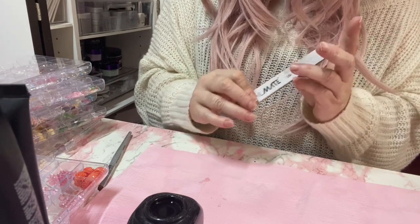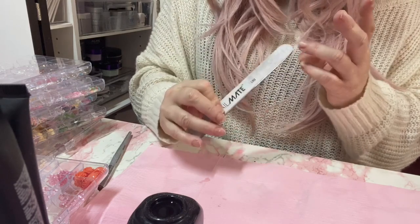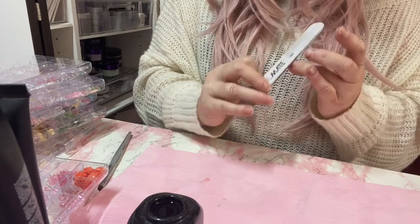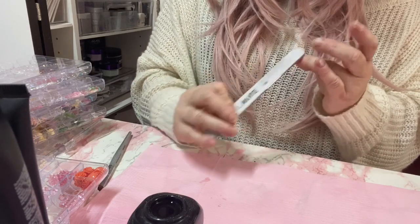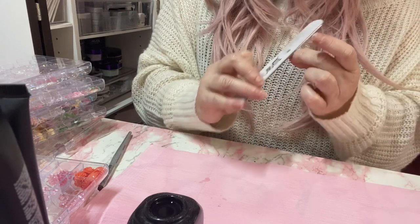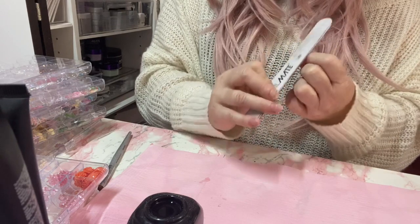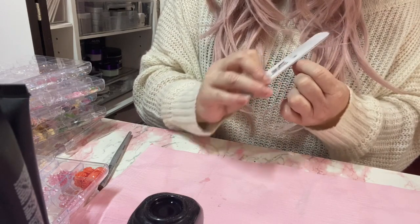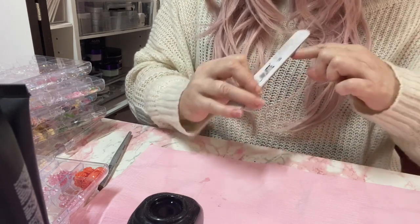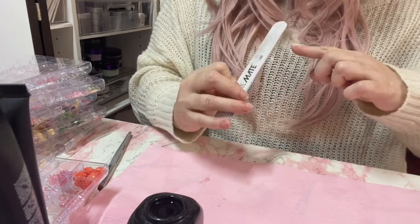But I do warm water up so when I set my acetone dish down in it, the warm water heats up the acetone and activates it. So I'm telling you, babes, I keep my nails in there probably for 1 to 2 minutes, pull them out,